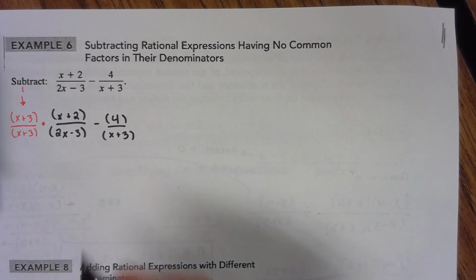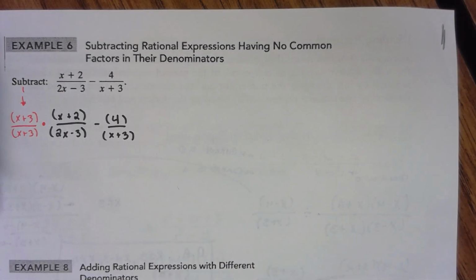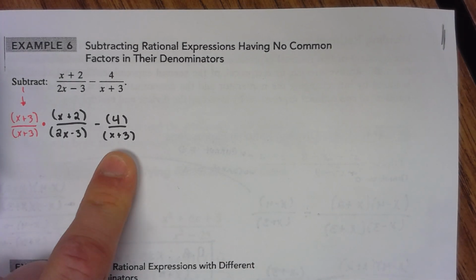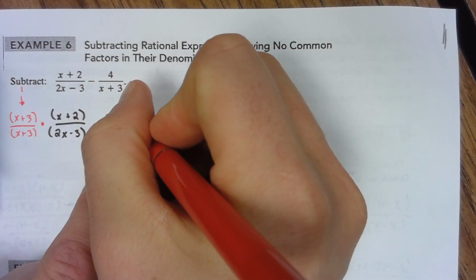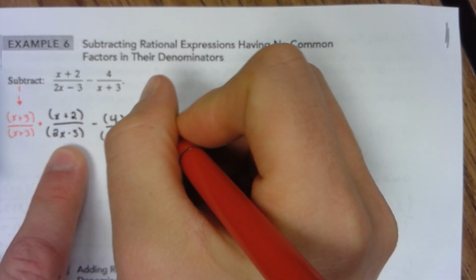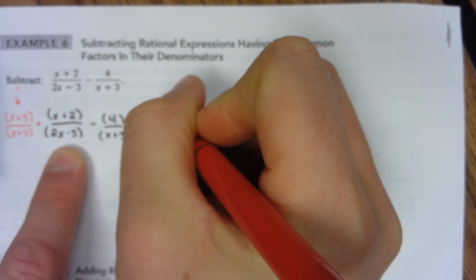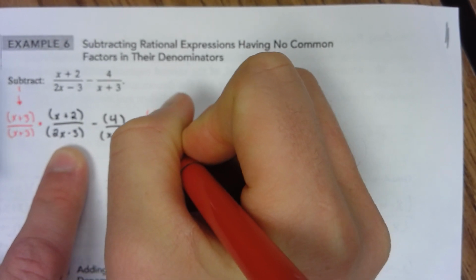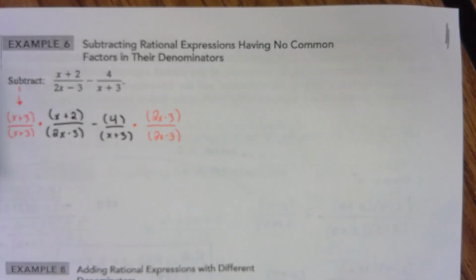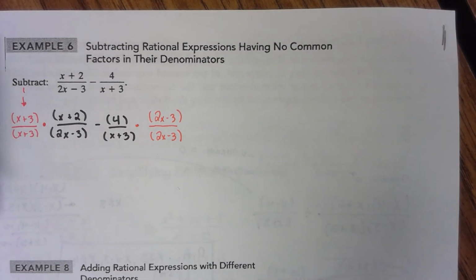So right now, my denominator is x plus 3 and 2x minus 3. This second expression has the x plus 3, but it's missing this 2x minus 3. So I'm going to multiply it by 2x minus 3. And from here,